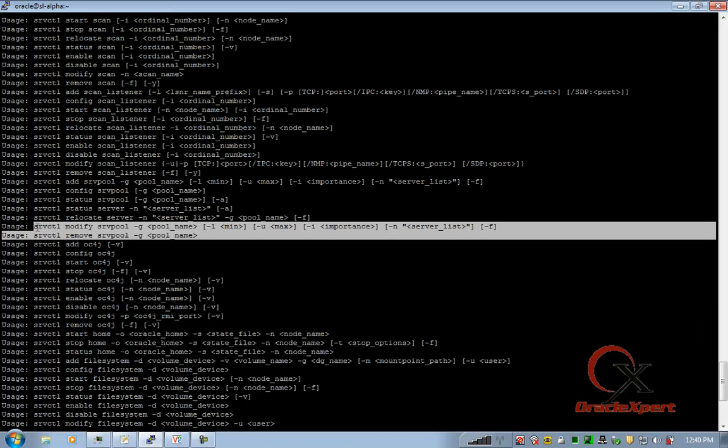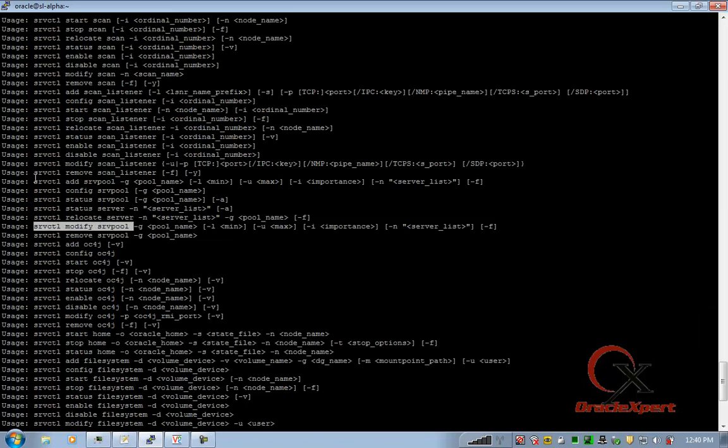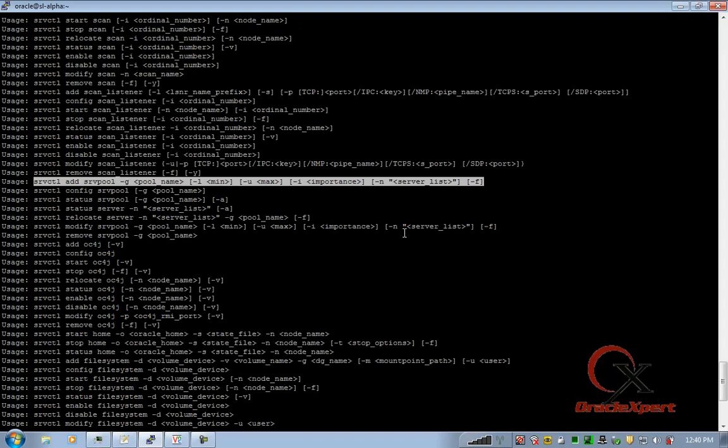So here's the one which will help you modify a pool, and here's the one that will help you add a pool.